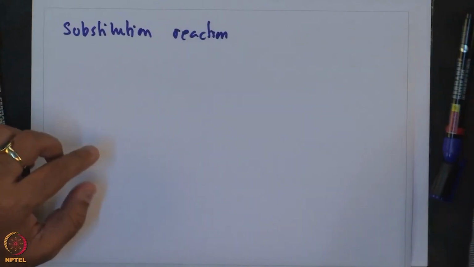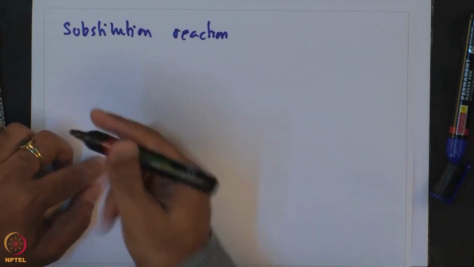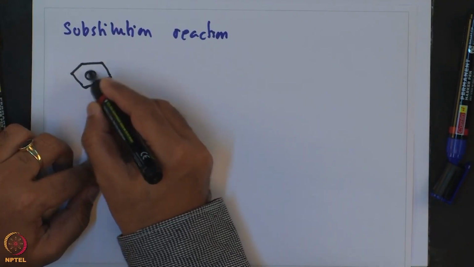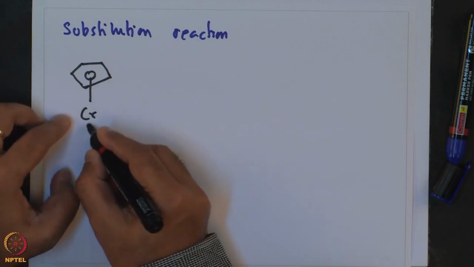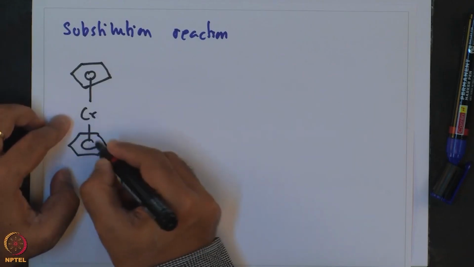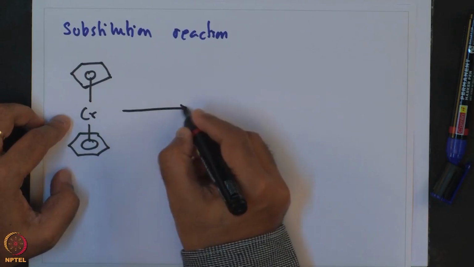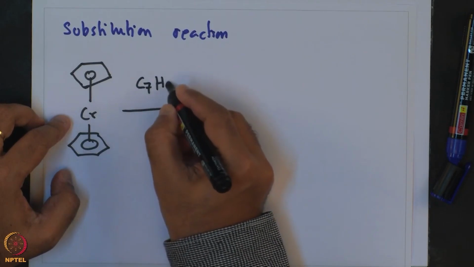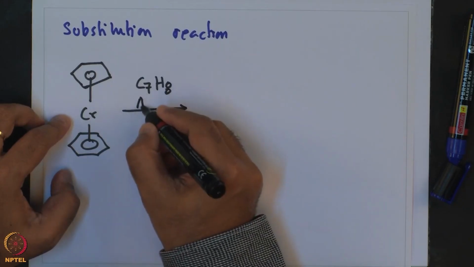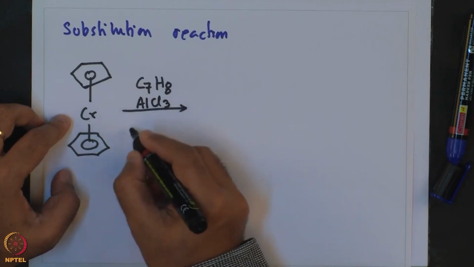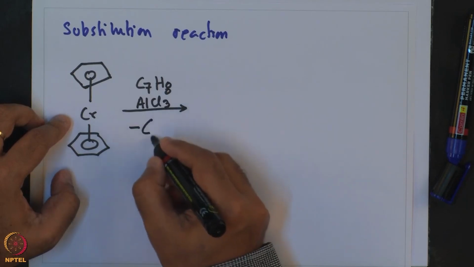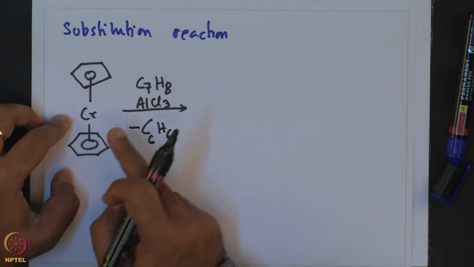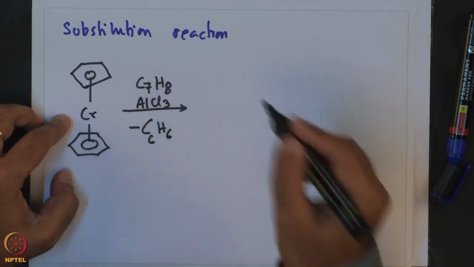And this is beautifully illustrated in this particular example, in which there is a chromium arene complex reacting with C7H8 and AlCl3, minus C6H6. So, this arene ring gets substituted or replaced by the C7H8 ring